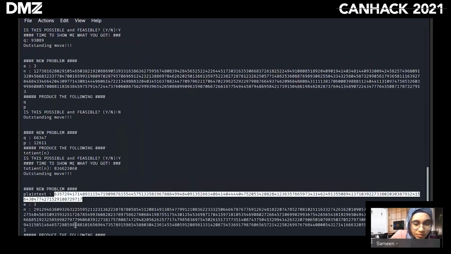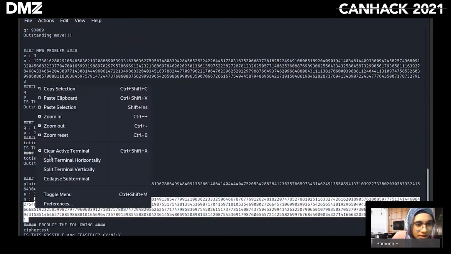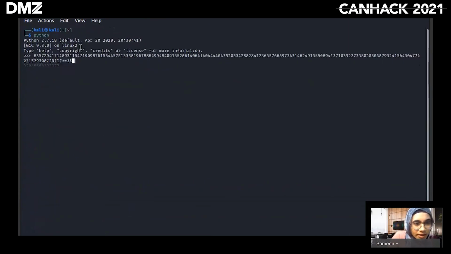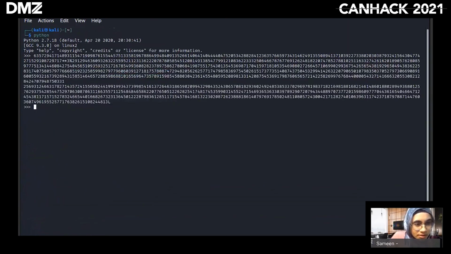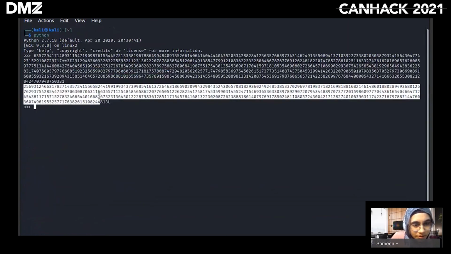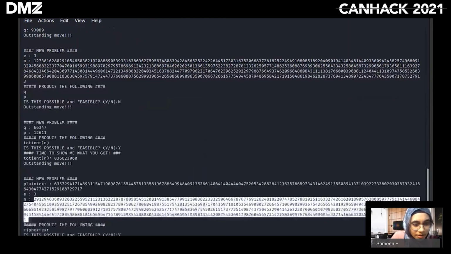I really hope that this does not time me out. So we're going to copy selection and paste it right here. And this is the value that we get right here. We're going to copy that. We're going to go back here and paste it